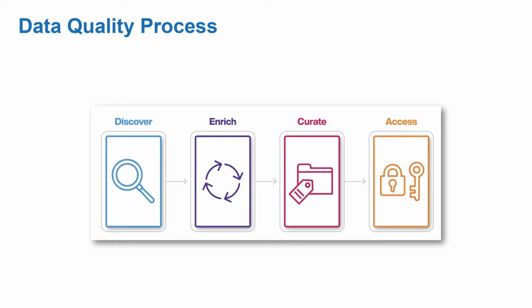So when we go through the acquisition process, right, we've got to go discover it from one of many sources. We've got to enrich that content in order to make it the best that it can possibly be in order to help people make those decisions. Curate it, because believe it or not, sometimes we get information about an item from more than one source, right? And then what's right? And then make it available and accessible for our downstream customers, which still include all of our 4,000 retail stores across the country,